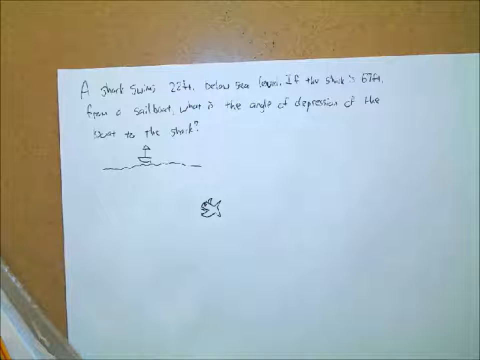So the 67 feet is the distance from the sailboat to the shark. So it's the direct distance there from the sailboat to the shark. So you actually want to make that the hypotenuse. So what do we use when we want to solve for an angle? We always use